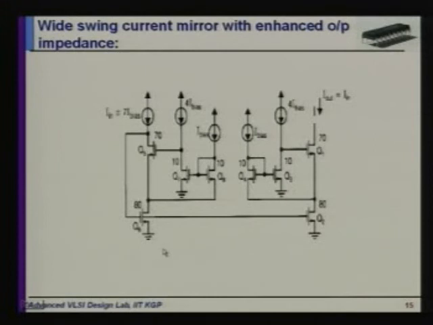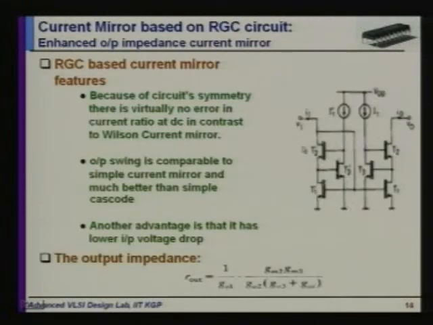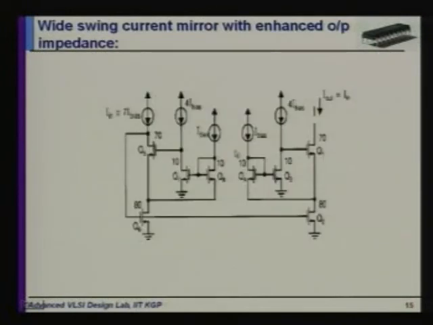This circuit is very important. With respect to this circuit, this transistor is a common source amplifier, nothing but a common source amplifier. This common source amplifier is driven by another level shifter circuit.